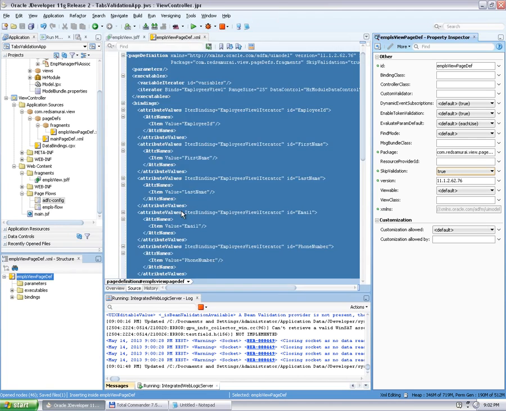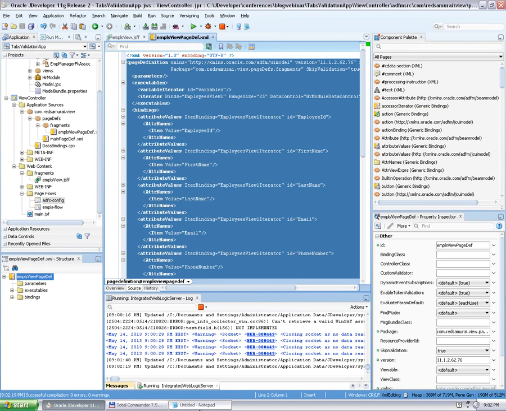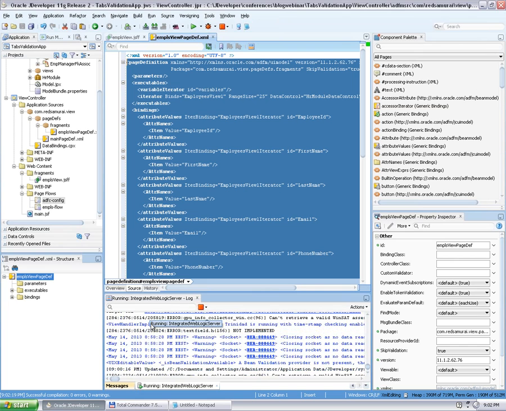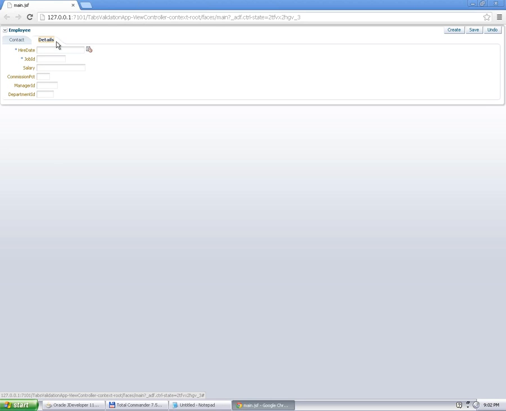Now I save it, and in order not to restart, just compile this page definition file and open the application again. Now I click create, provide data for the first tab, go to the second, and you see there is no validation at this time,